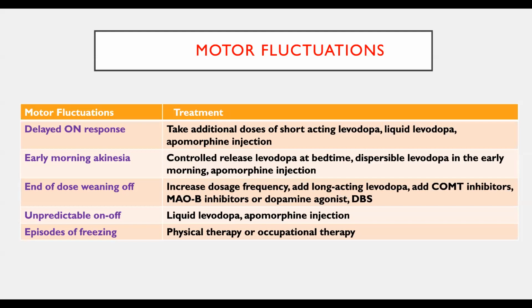Okay. Delayed on means the half-life of levodopa is very short. So you give the tablet, and in 15 to 20 minutes it should act. But in a patient with Parkinson's in the late disease, the levodopa will not start acting early. So in that setting, you need to give a little higher dose, like in place of 125, you give a 250 mg dose, so that the on will occur. On means normal, off means Parkinsonism symptoms. Just remember on and off. On is the normal phenomenon, off is Parkinsonism.